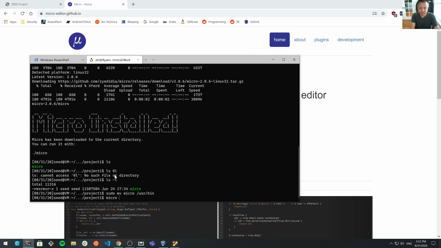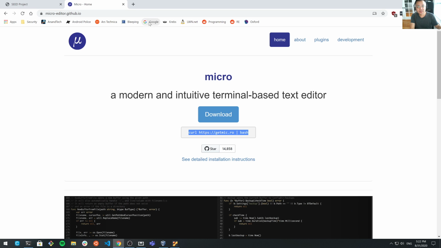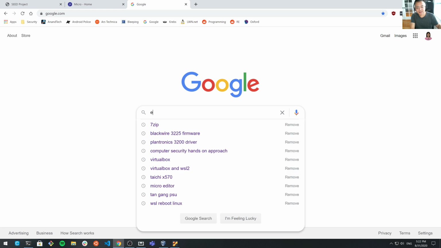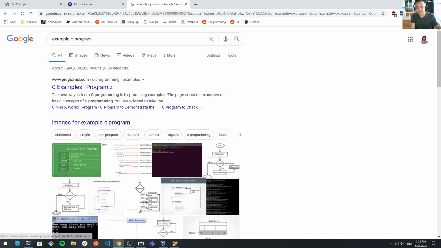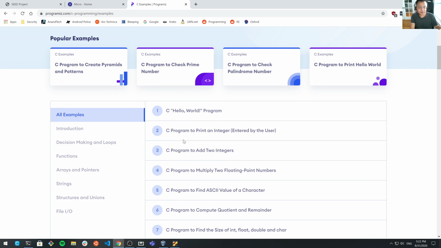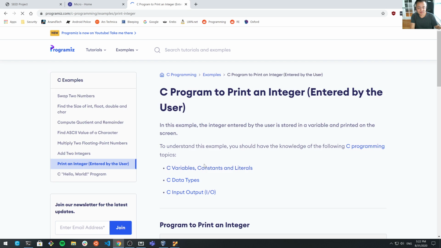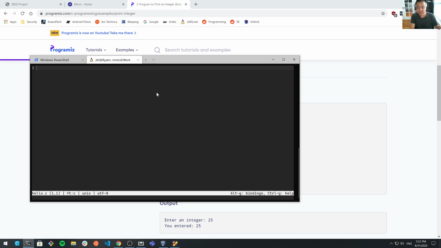Then if you do micro hello.c, we can go here. Let's say example C program. Say examples. Let's say print integer, right? Let's copy this. Let's go to the window. Say paste, and then paste again. Okay, so if we save,